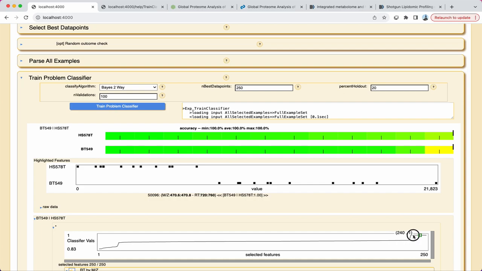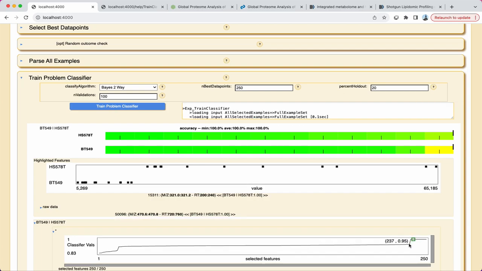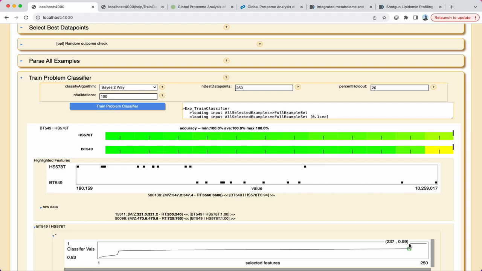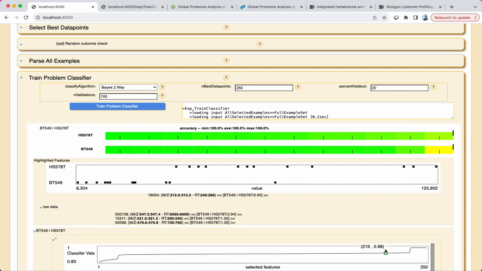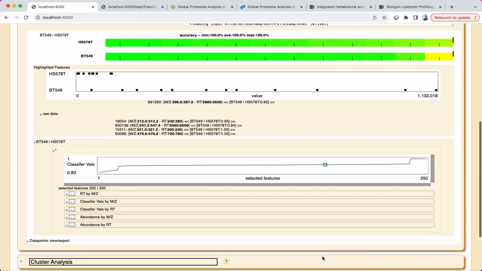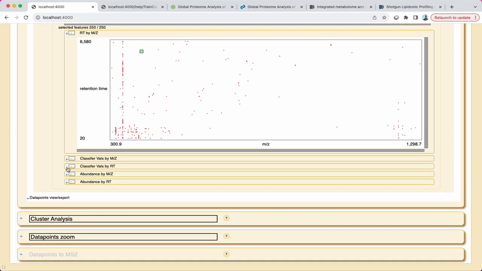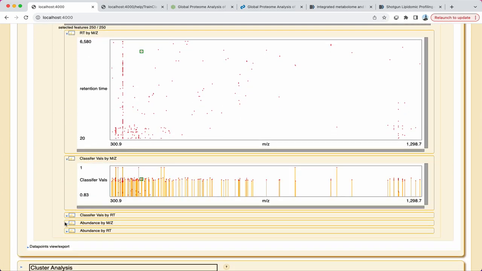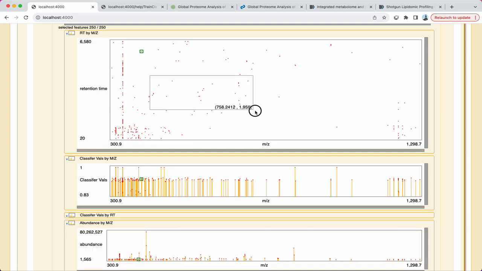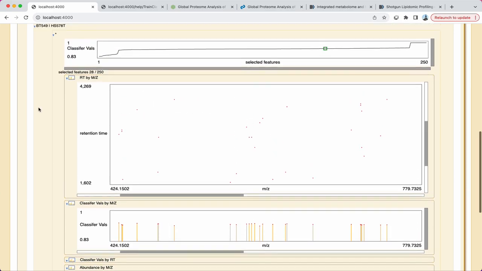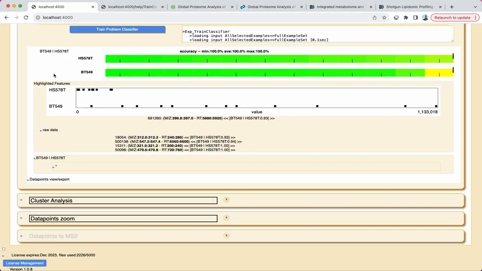This is a reflection of how well it predicts classification and how critical it is to making classification decisions. The entire suite of tools here behaves identically to those in the Select Best Data Points module, so I recommend watching that earlier video for a tutorial on how to use the various components here.